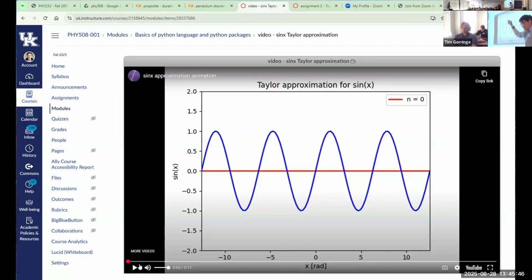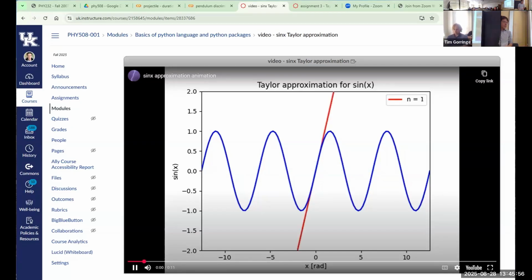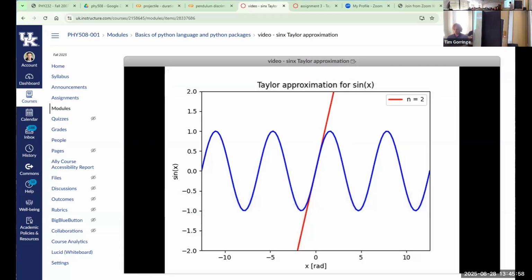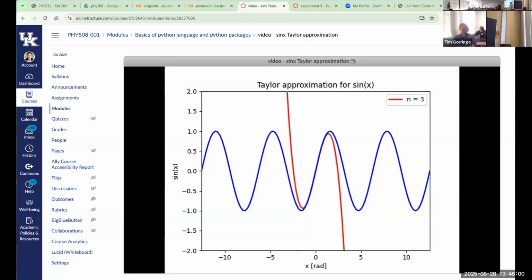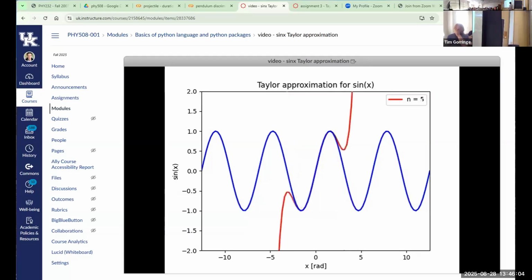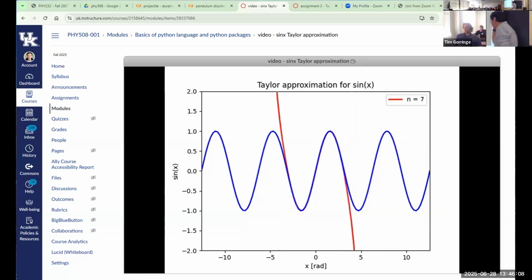Right now I'm using no terms, and that is going to change. It's just using the Taylor expansion formula that I introduced. So that's the first term. The first term for sine is just sine x equals x. It's the small angle approximation. This is if I include the first two non-zero terms, first three non-zero terms, first four non-zero terms,